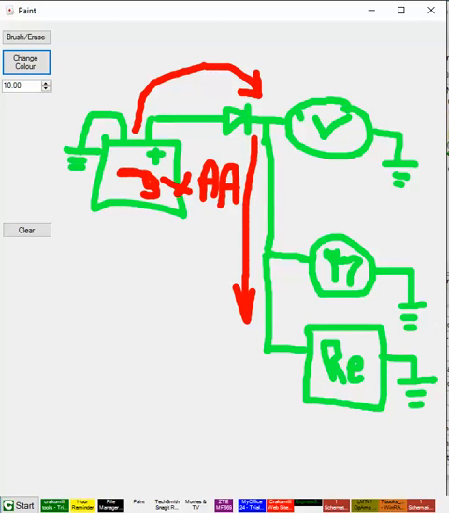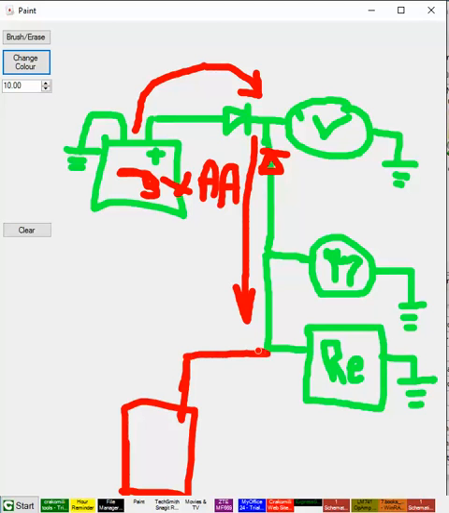So what I did here is I added another diode. So once the big battery is connected, for example, over here,